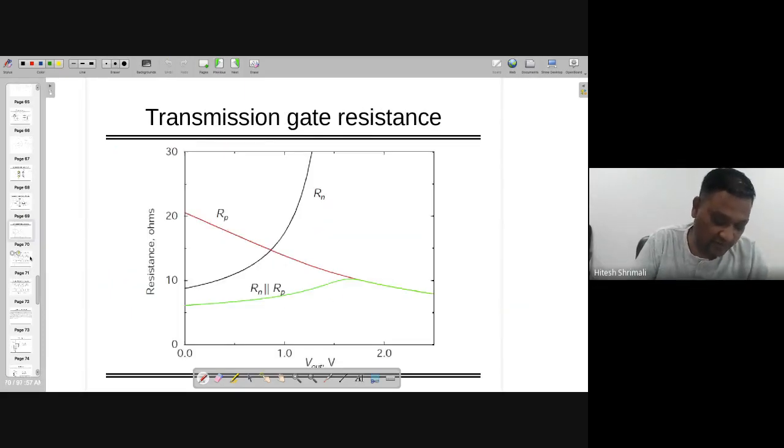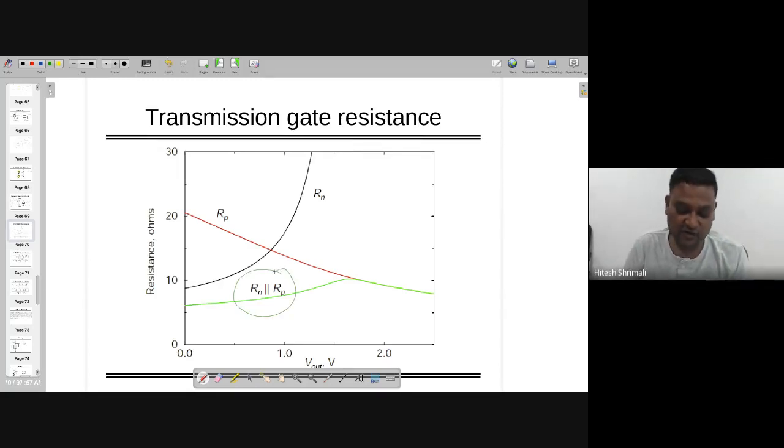Just for completion, you can see the resistance offered by the shunt connection of Rn and Rp will be much lower than Rp alone, like a parallel connection of resistances. So that is what is there. It's advantageous in terms of better propagation delay because the resistance is getting decreased for a given capacitor. But there is also one fact that the capacitor is also increasing. So you have to make the trade-off,